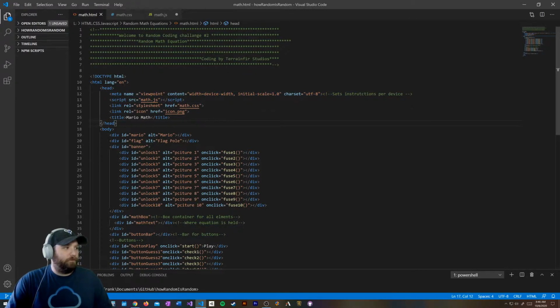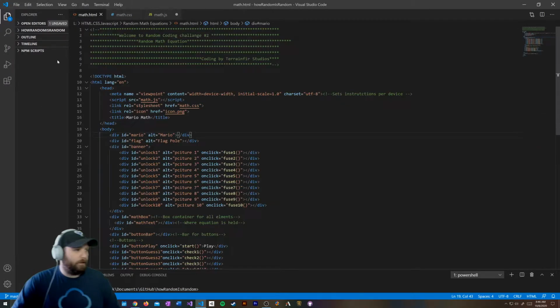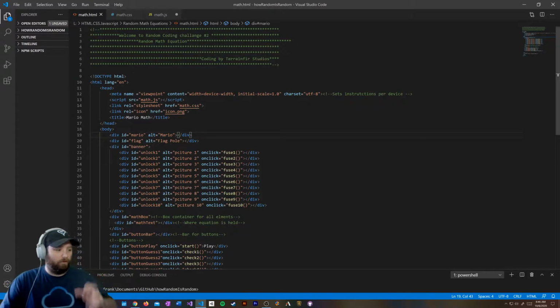Oh, OBS isn't recording my mouse. It does that sometimes. Why? Okay, I just realized OBS isn't recording my mouse on Visual Studio Code, so I'll highlight when I'm talking